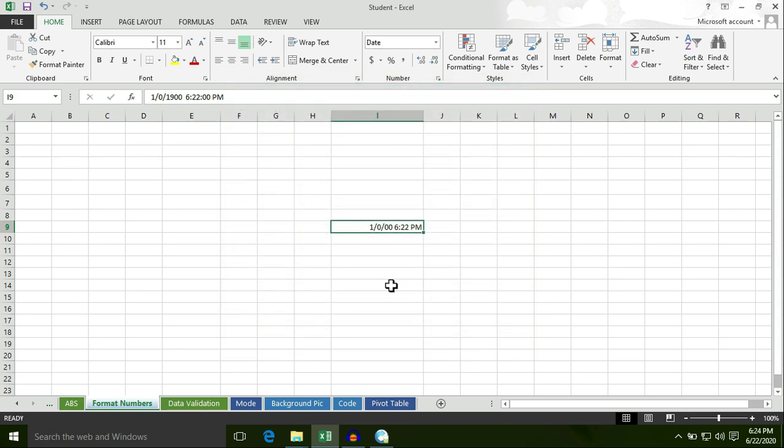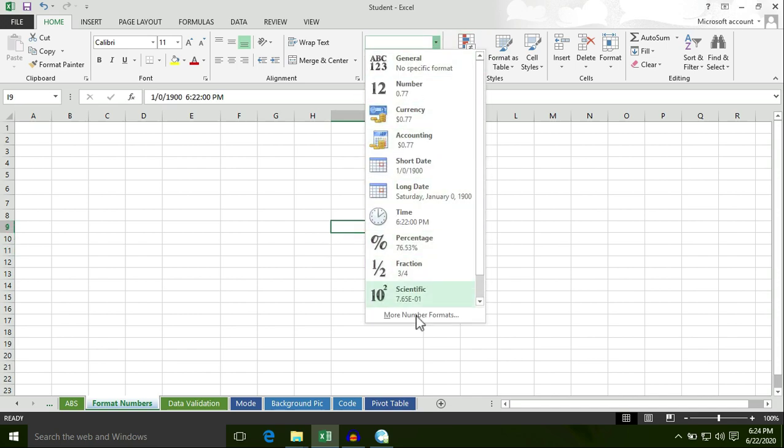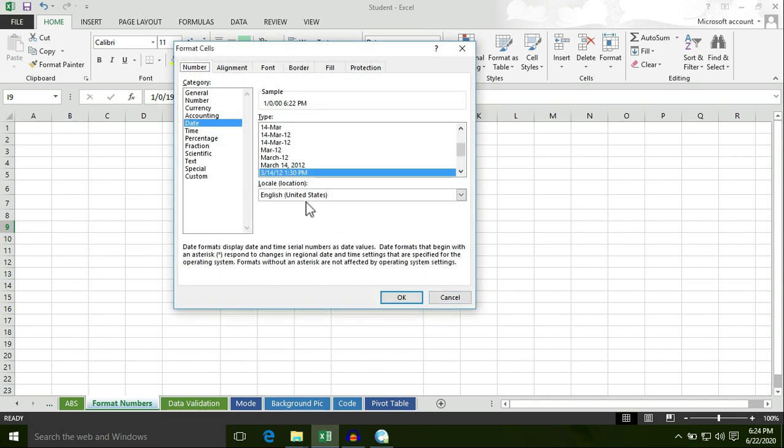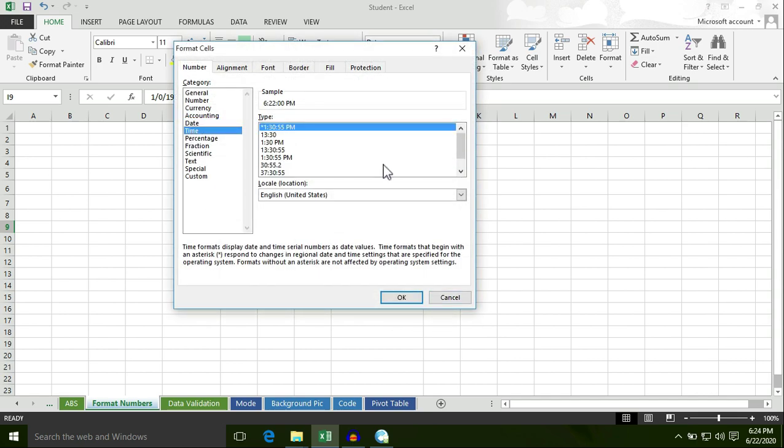Now in order to apply a different format, click on the drop down button, then select more number formats. Under time format, select 1:30. Select this format again.